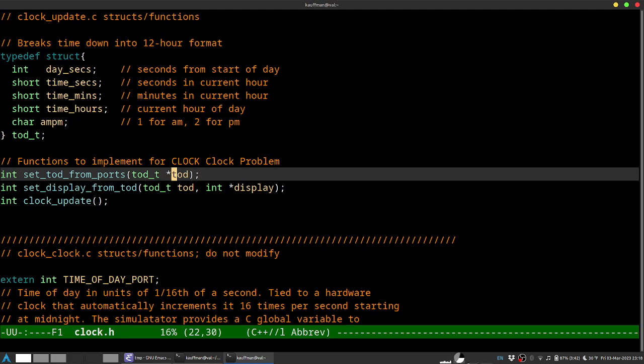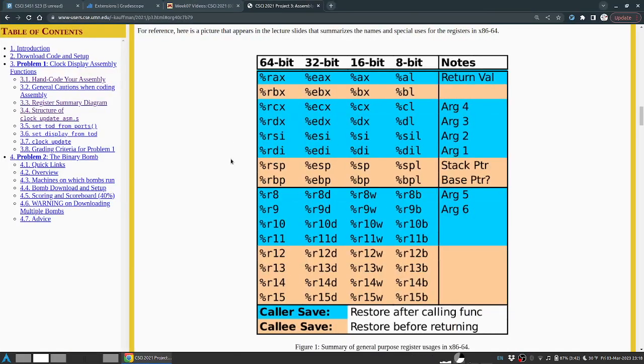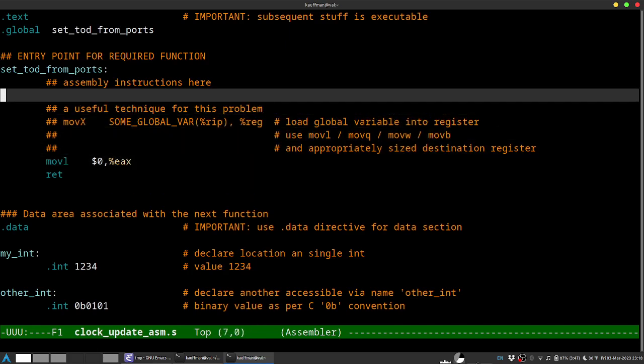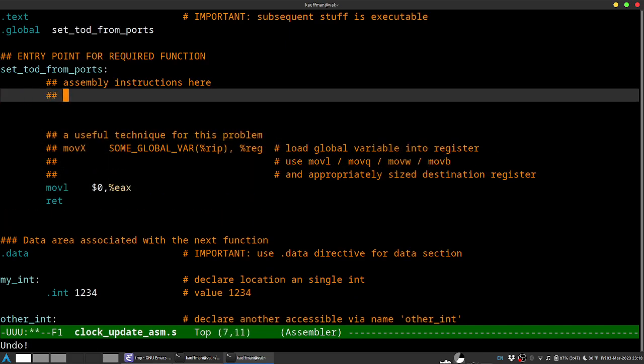And if you're curious how it comes into an assembly function like that, consult this table again, where you'll find the first argument to functions, by and large, comes in the DI family registers. If it's a pointer, it'll be the full 64 bits to contain an address, RDI here. And so I might make a note of that in my assembly file, that RDI is a pointer to the